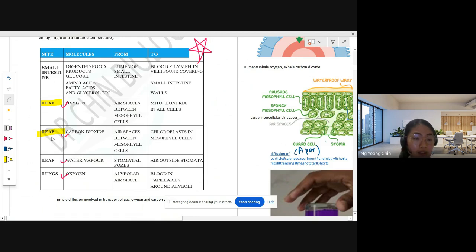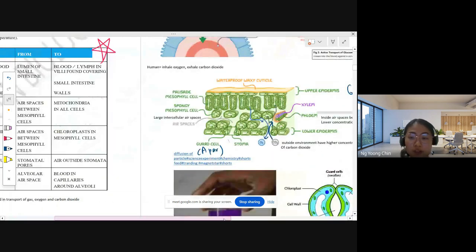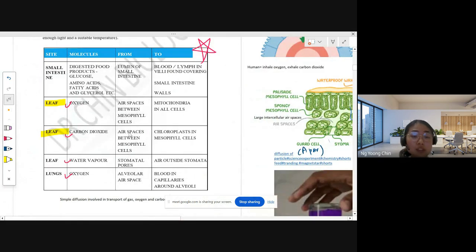Yeah. So we know about the carbon dioxide, and when we talk about the oxygen, oxygen will be released from the leaf through the stomata. They will give out the oxygen, also involving the airspace between the mesophyll cells. So they will provide the oxygen to the mitochondria in all of the cells. I hope you still remember about the mitochondria. Mitochondria is the organelle found in the